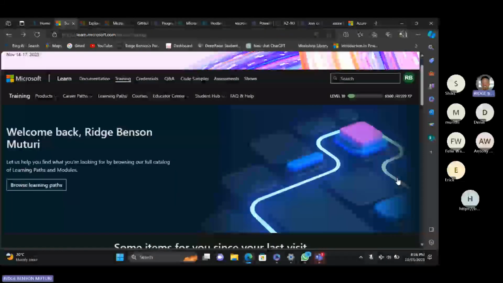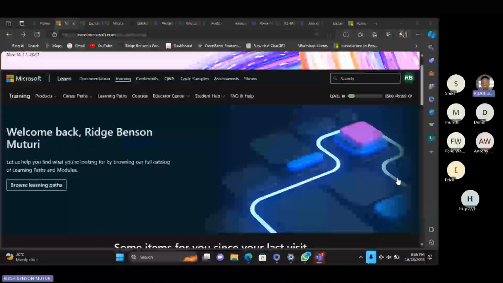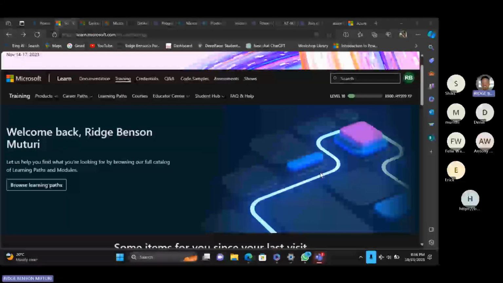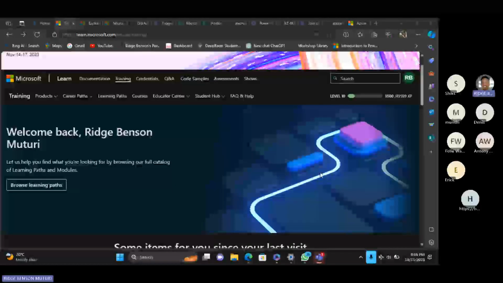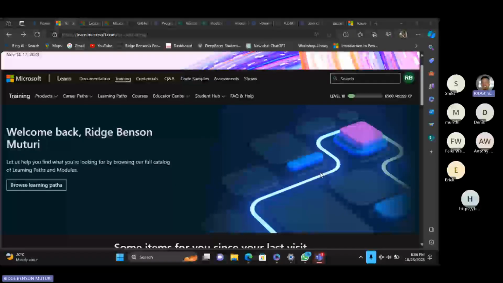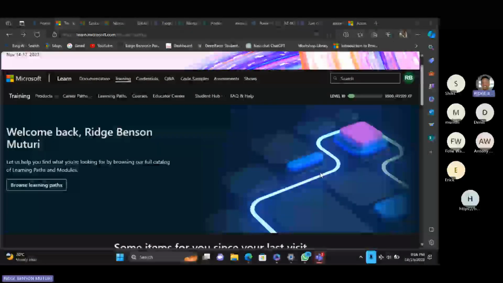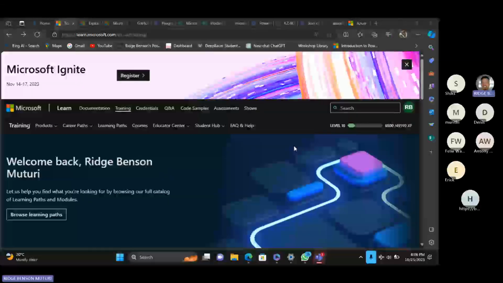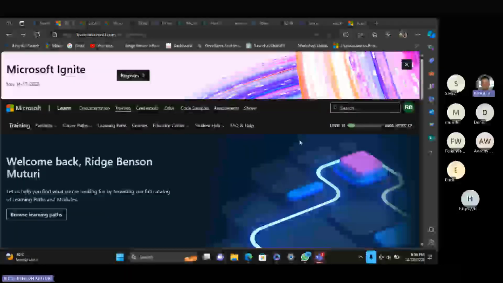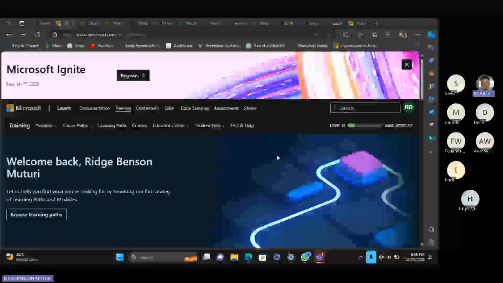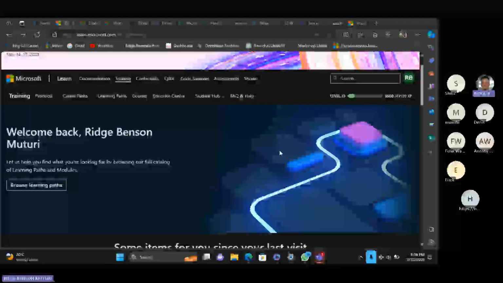All right, so that is Microsoft Learn. So we get that from the very beginning. The first thing you need to do is to have the Microsoft account. So you're going to use the Microsoft account to sign up for the Azure subscription. You're also going to use the Microsoft account to sign up for Microsoft Learn, or sign into Microsoft Learn rather. So towards the end of our training sessions, we're going to be having a challenge which is